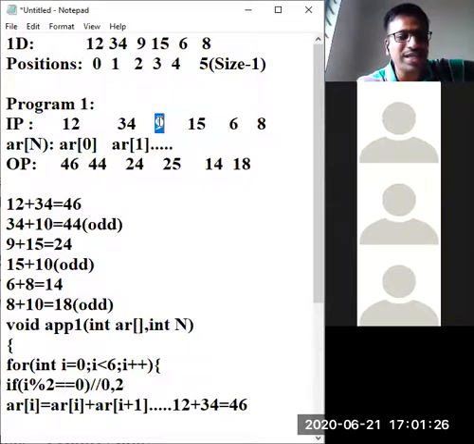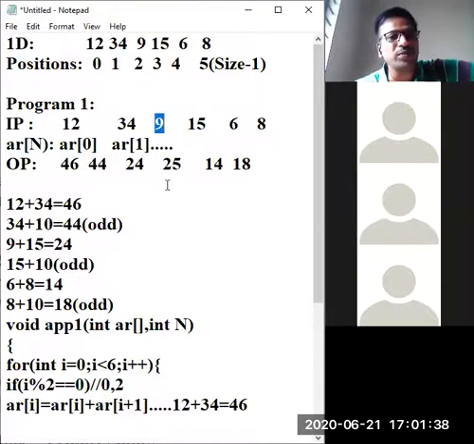I equals 2 is true. That's why you got inside. AR of 2 is equal to AR of 2 plus AR of 2 plus 1. 2 plus 1 means the AR of third position. In the second position, 9 is there. And in the third position, what is there? 15.